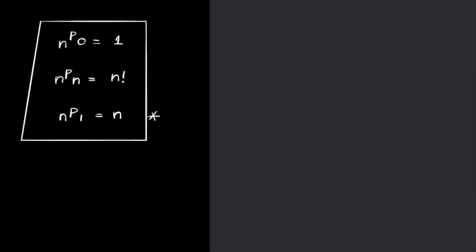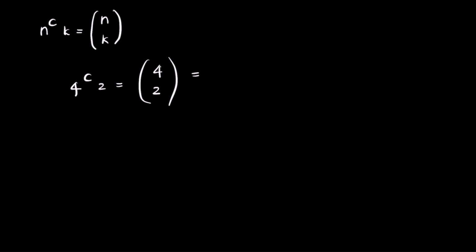Is there any other way of calculating combinations? So nCk is commonly also written, in parentheses, as n over k. Why do we write it this way? One way of thinking about this is to look at the way we can calculate nCk. For example, let's say I want to calculate 4C2. I can write it as 4 over 2, and on the top write the multiples until 2 times. So that is 4 times 3. Now calculate the denominator's factorial, 2 times 1. So this gives you 6. This is how you can calculate 4C2.